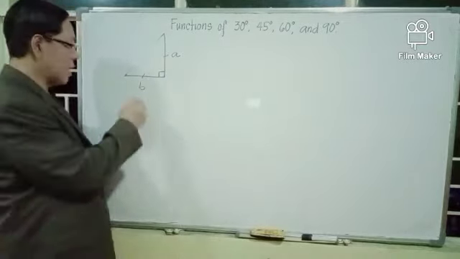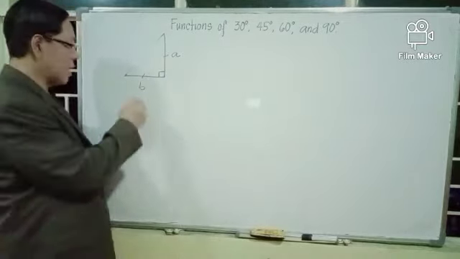And so this is an isosceles right triangle. It's a right triangle. One of the angles is fixed at 90 degrees, and the sides of the right triangle that form the right angle are congruent or equal. And the hypotenuse remains the longest side among the three sides of the triangle. And to derive the trigonometric functions of